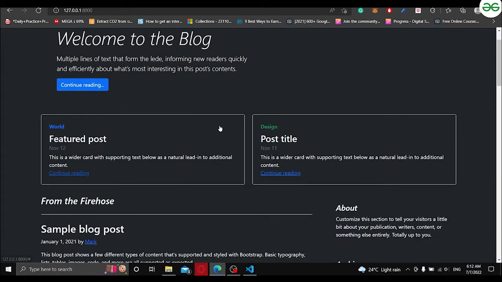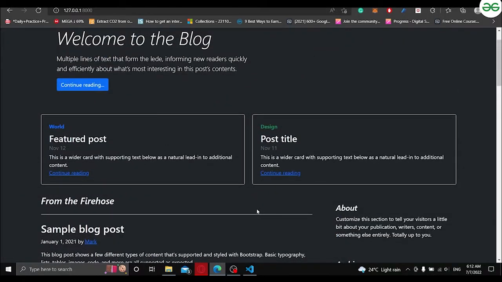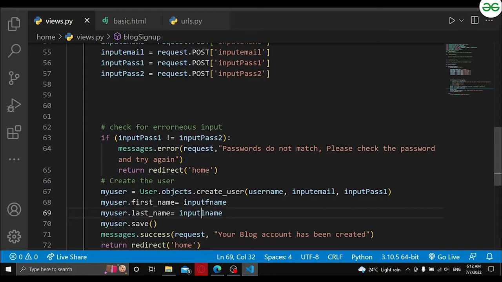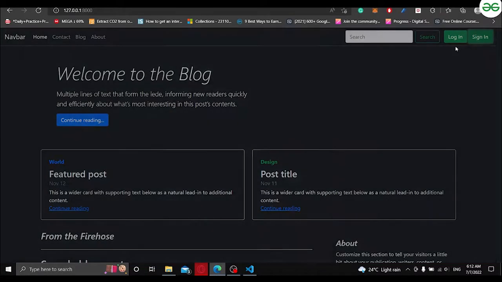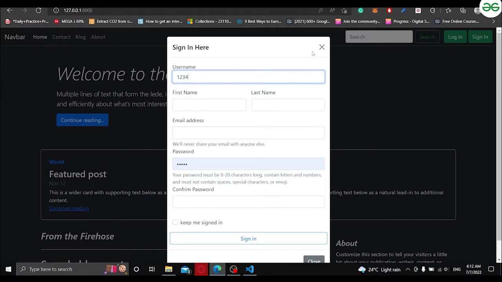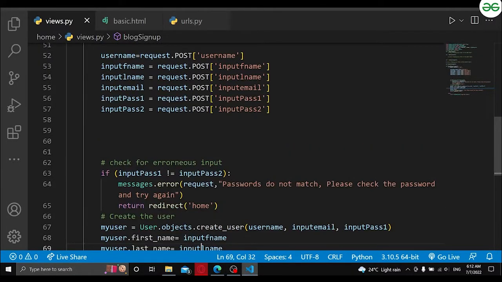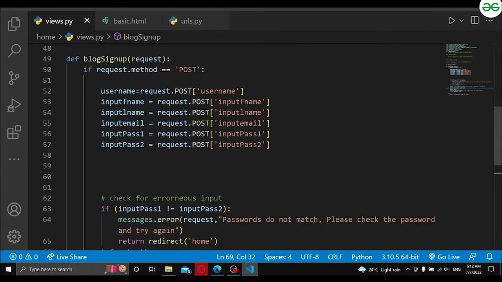Now you can see that it was pretty easy to do, but what about the errors, right? If by chance the user is putting some different sort of username here, by chance if a person just puts 1 2 3 4 5 and if he logs in, that we can't allow, right? So for that we have to write here some conditions, okay? Like what should happen, what should not happen, and all. So for that, let's go back here, and here inside this